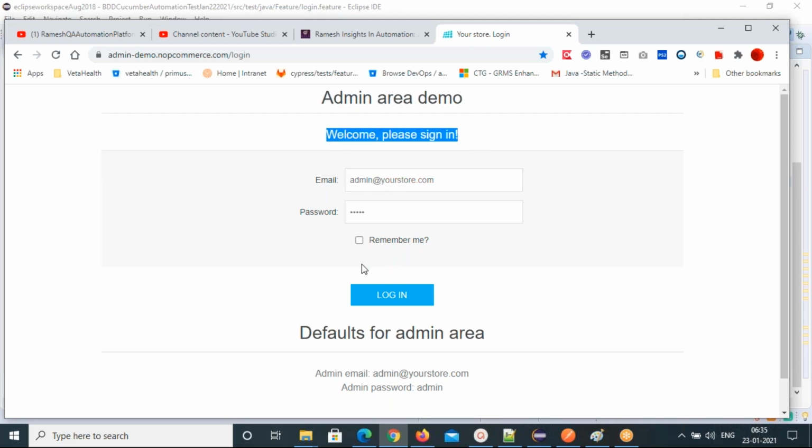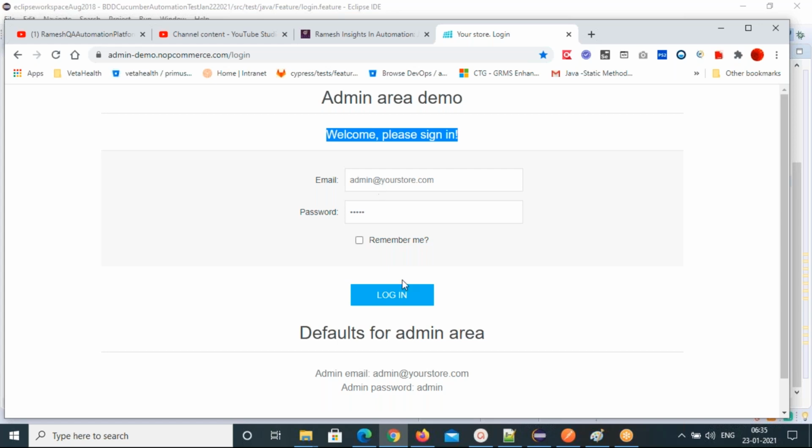So the login scenario. First, I launch the browser, then open this URL, then type the email and password, click on login button.